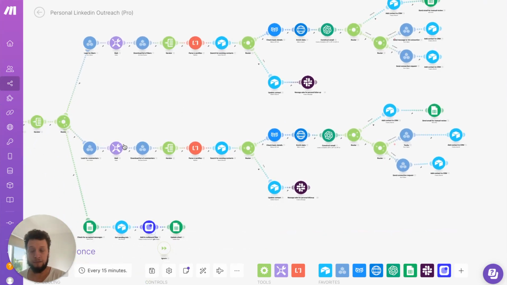This second branch of the automation is the same. The top half looks at likes, this one looks at comments. So it's the same process. Once you have the LinkedIn posts, it will look for people who commented on them, extract their LinkedIn profiles, check against your database to see if they exist. If they do, it will send you a Slack message, follow up with this person manually. If they're not, it will enrich them, find their contact details, construct an AI message based on what they commented and your original post, enroll them in an email outreach program, which you need to approve each time just to make sure that the copy is okay. And then also send them LinkedIn messages too.